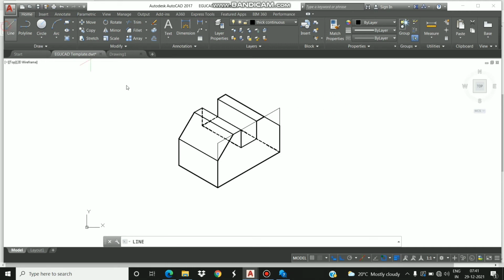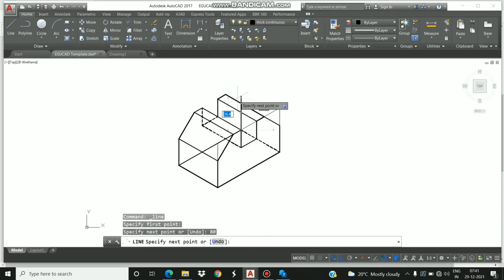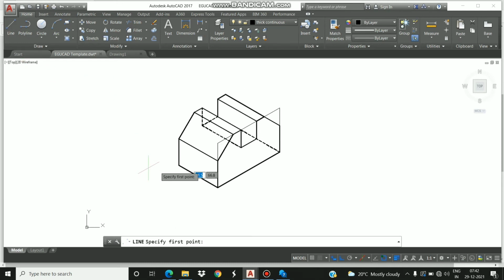You can also draw a line from this end of length 80, first a horizontal line of length 80, then a vertical line of length 30.